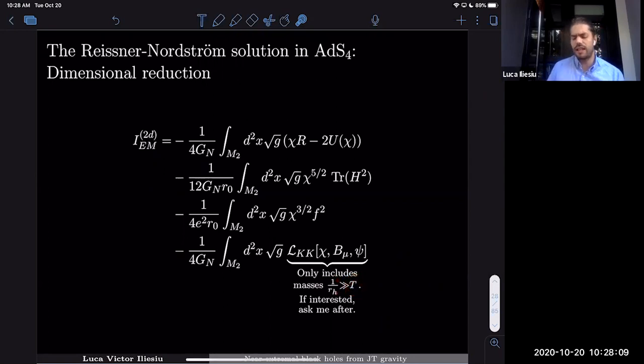So it turns out that one can do a rigorous computation and prove that these Kaluza-Klein modes don't affect the density of states at the level of accuracy that we're interested in, namely at energy levels that are comparable to the E-gap scale or the SL2 scale that I mentioned before. But if you're interested, I can mention more about these Kaluza-Klein modes after the talk. But for now, let's just ignore them.